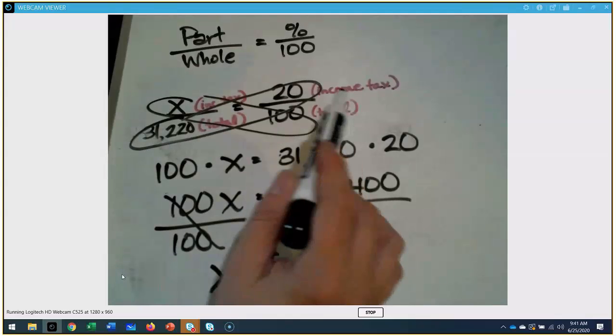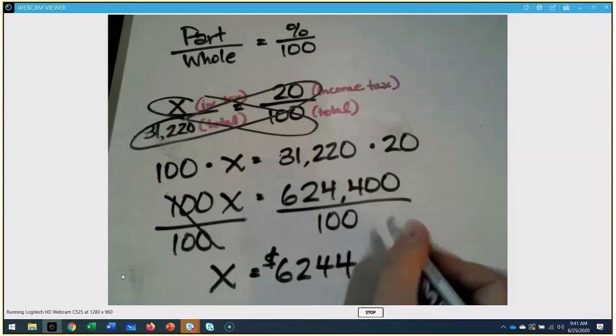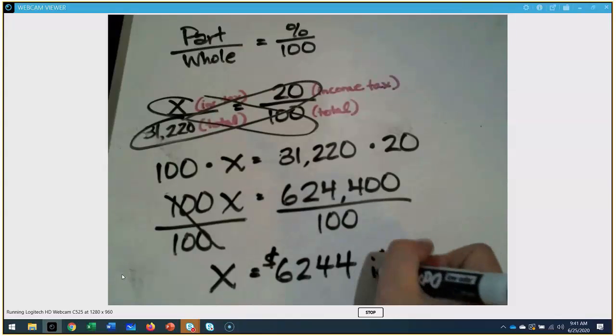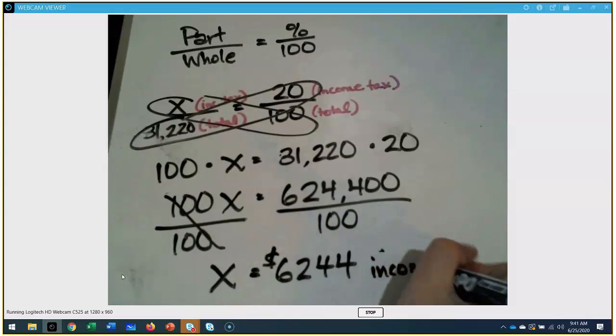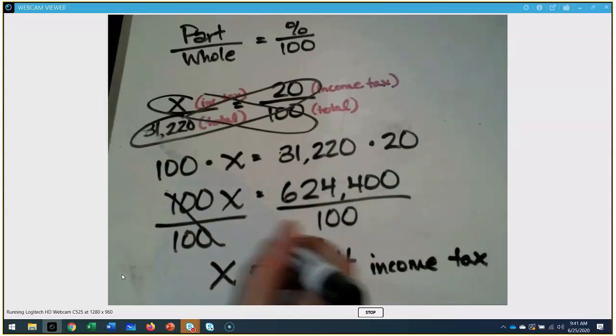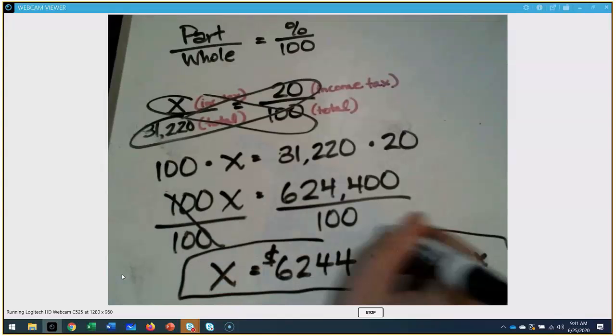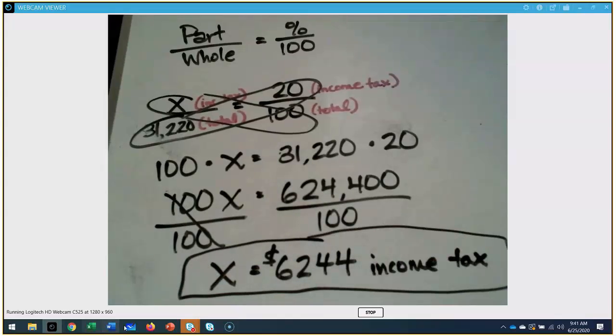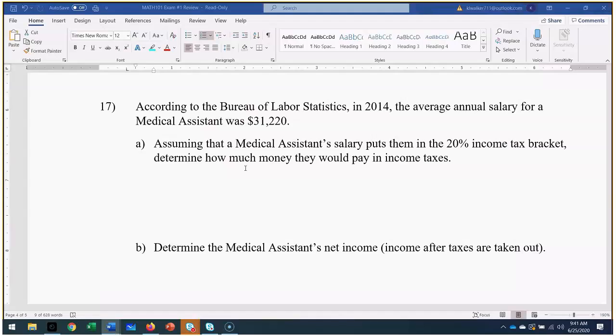So that is the income tax as an amount of money. That's what the question asked for. So that is done. Right? Determine how much money we pay in income tax. So that's part A. Now, part B says determine the medical assistance net income, which is income after taxes are